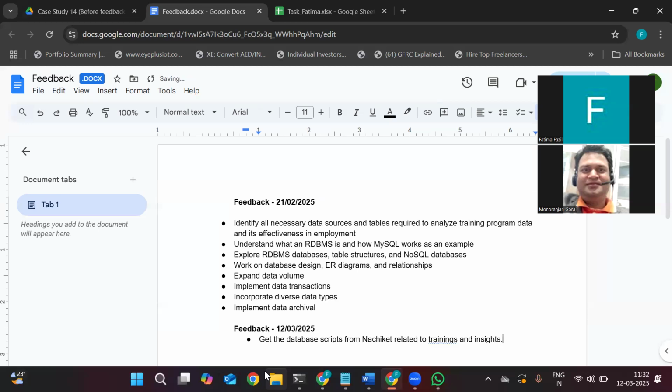Insight is something which you are going to create. Right? So trainings and user candidates, not results. Users. Okay. Sorry. Users. So now you will analyze those tables and you'll see that is meeting your requirement, or you need any updation or any changes in those tables. Okay. Got it. And then analyze the tables. All right. You write down, the next task is analyze the tables.